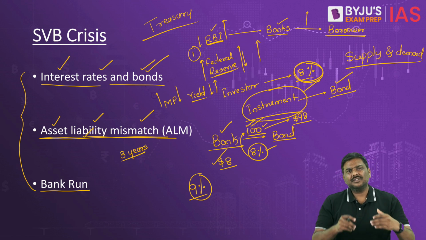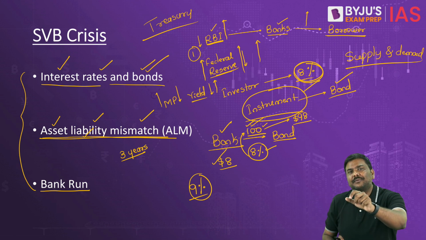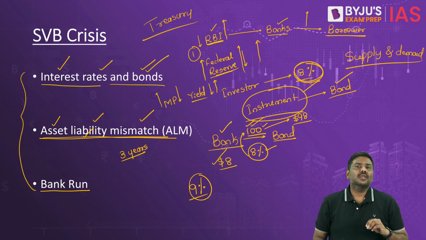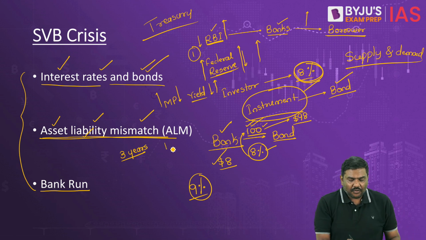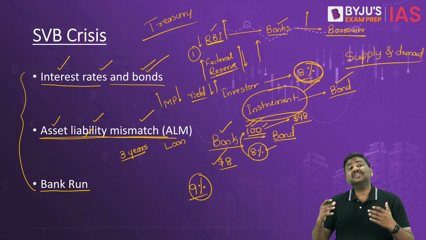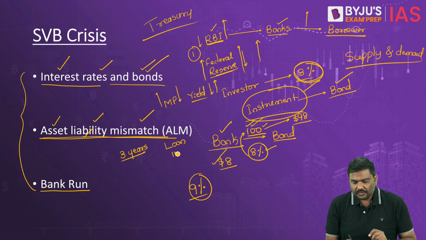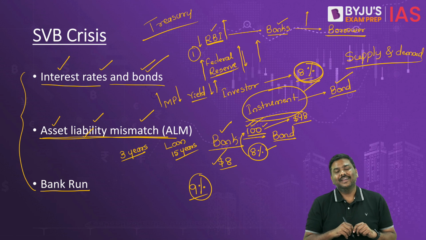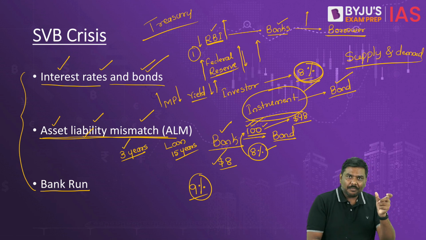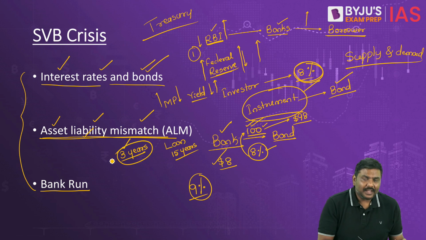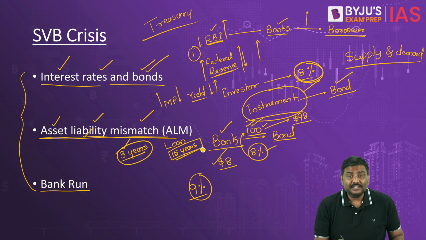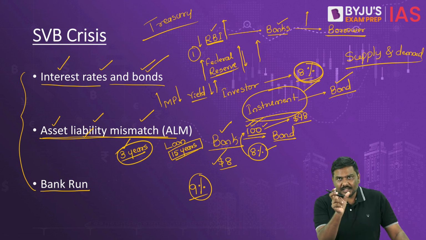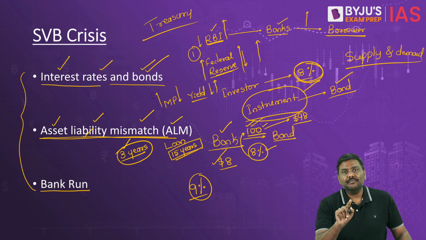The duration means, imagine you have gone to a bank and kept a fixed deposit of 3 years, whatever the amount is. Now the bank will take that money and give it in the form of a loan, but this loan, imagine it is a housing loan of a duration of 15 years. Here itself, I hope you understand the problem now. That is, the liability of a bank has a maturity period, or tenure, of 3 years, whereas the asset for the bank has a tenure of 15 years. This is referred to as asset liability mismatch.